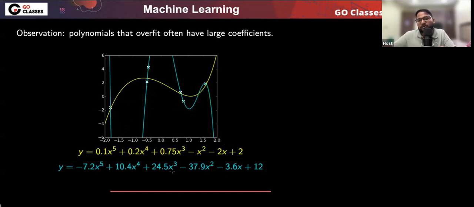But this one is not twisting. It is smooth, right? It is not doing too much. It is just a smooth curve. So that's why, intuitively, I'm just saying that okay, this is not overfit, this is overfit,